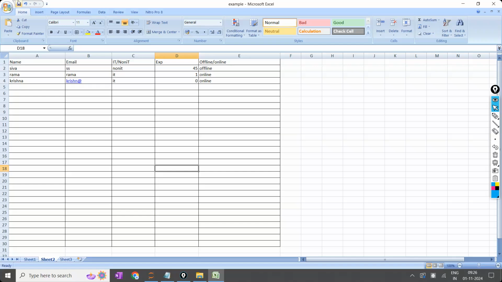Then what do I have to do? Tell me, my work has to be easy. Assume the data entry operator is not there for me. For example, if I receive all the students' details separately, my data entry operator would enter them in the Excel sheet separately. But assume that a data entry operator is not there with me. In that case, what do I have to do?